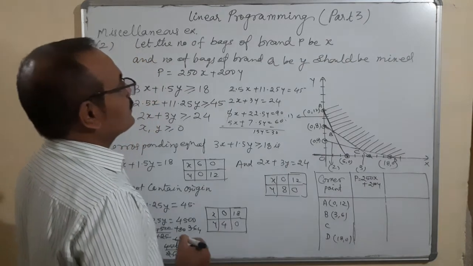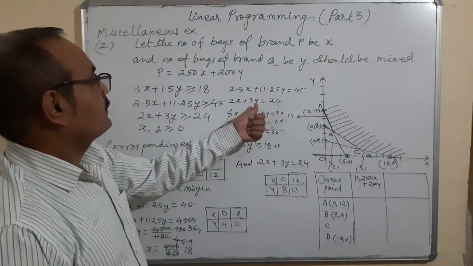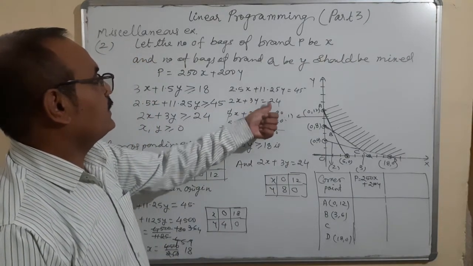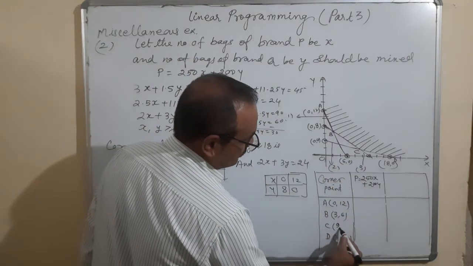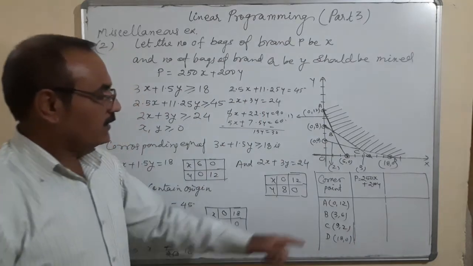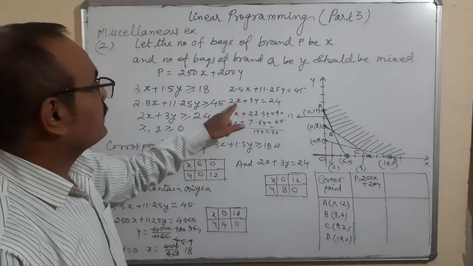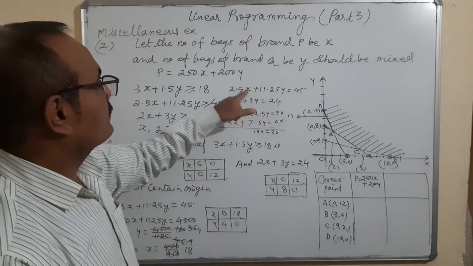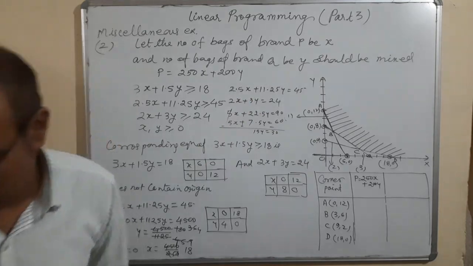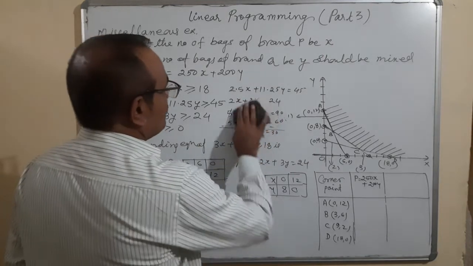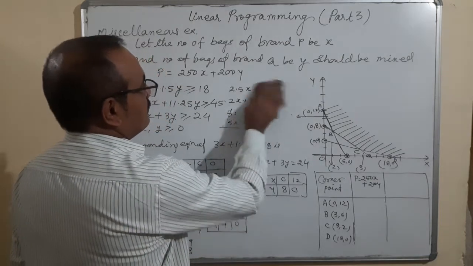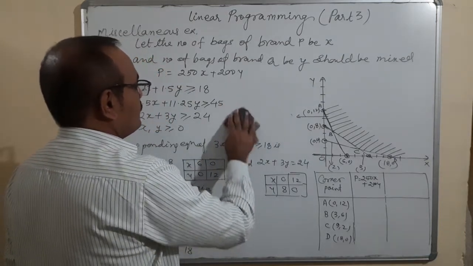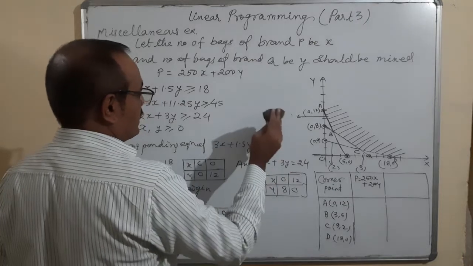When I put y = 2 here, 3 times 2 is 6, and x = 9. So x is equal to 9 and y is equal to 2. Okay, got it? Check: 2 times 9 is 18, plus 6 is 24. The point is (9, 2). Clear? So this is the rough idea, because when you are using graph paper, it is not required for you.